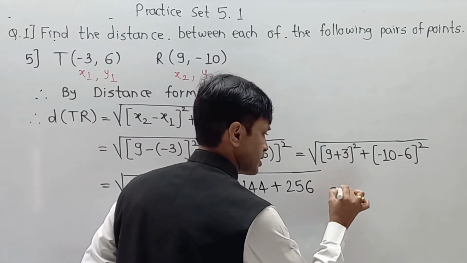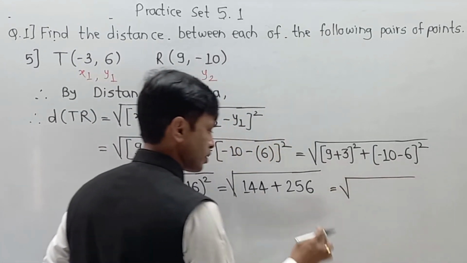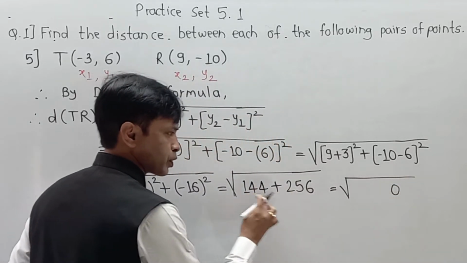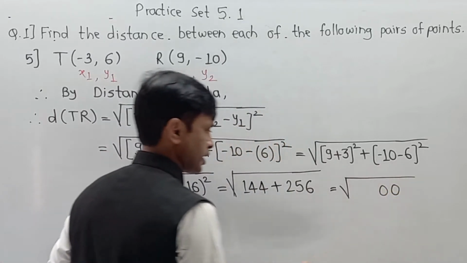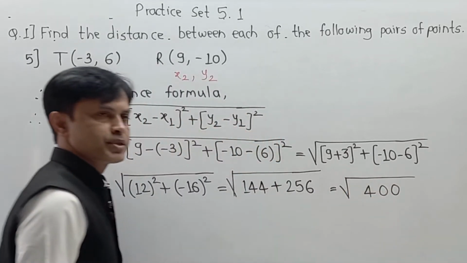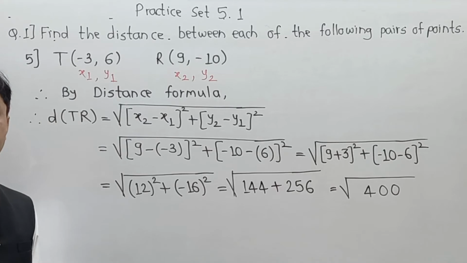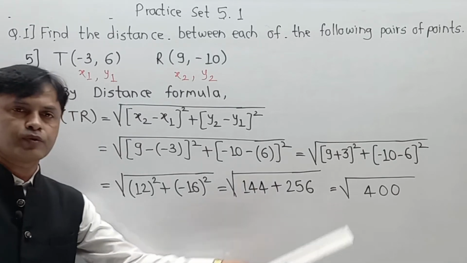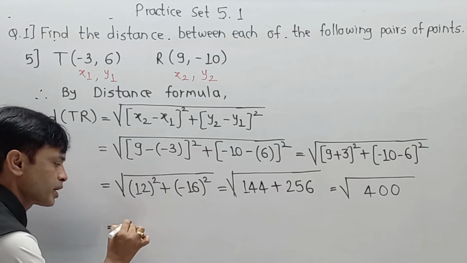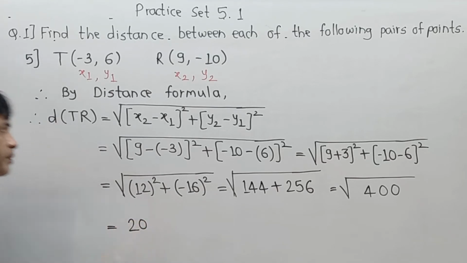So the part is equal to under root of 6 plus 4, 10 carry 1, 5 plus 4, 9 plus 1 carry, 10, and here 2 plus 1, 3 plus 1 carry, that is 4. It becomes under root of 400. And we very well know that under root of 400 is nothing but 20 square, so it comes outside as 400 under root, that becomes 20, and that is nothing but distance TR.